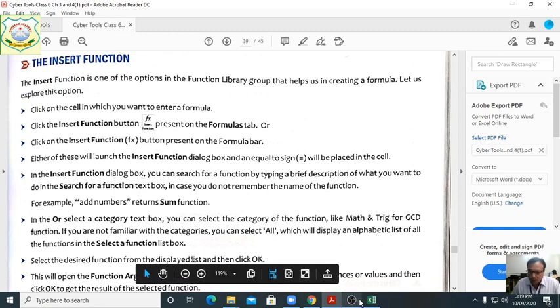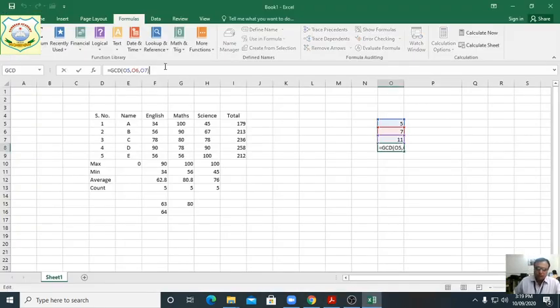Students, from this place we can insert the function. Suppose in the same form, equal, LCM, bracket, here we have taken this one, comma, next, comma, next one, then bracket close. See here, the same function is here. This is LCM.